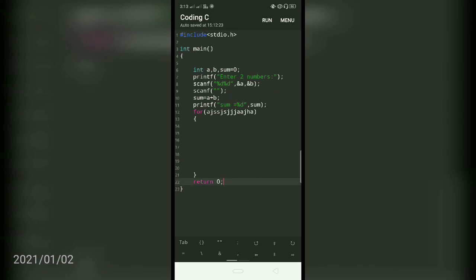Let's discuss some disadvantages. As we are writing the code on a mobile, it is not as efficient as doing it on a laptop or PC. Here we have one problem because of the small screen. Sometimes the printf statement or any other statement is very lengthy, so we get stuck.